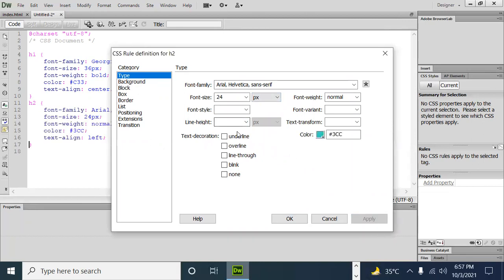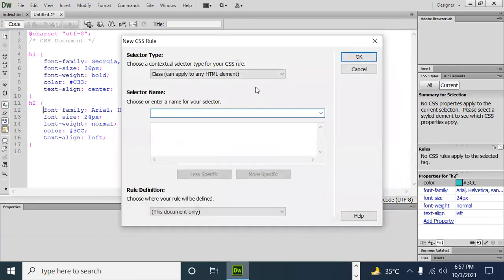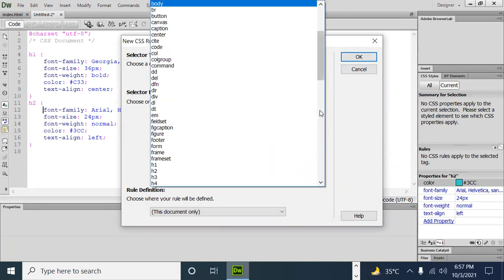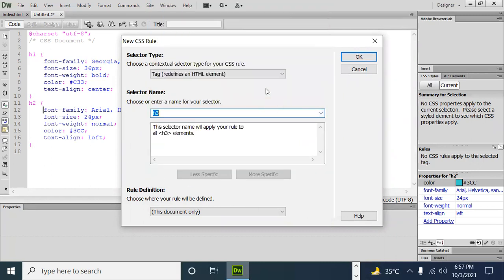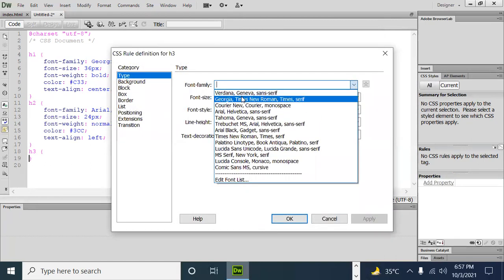So now the third text, you can click further to the next to have the third tag to design it. So H3. OK. So again select your font family.